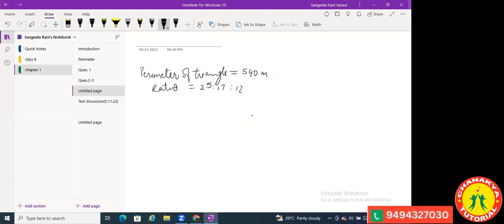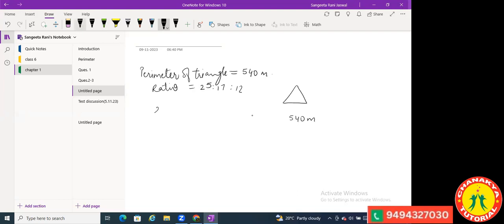Okay. Now, how will we find this? Now, see the perimeter. This is a triangle. It's saying 540 is the perimeter. Just understand it first. Then the ratio of each side is given, 25:17:12. But we don't know the side 25. These ratios are not the sides. So what we will do to find the side,